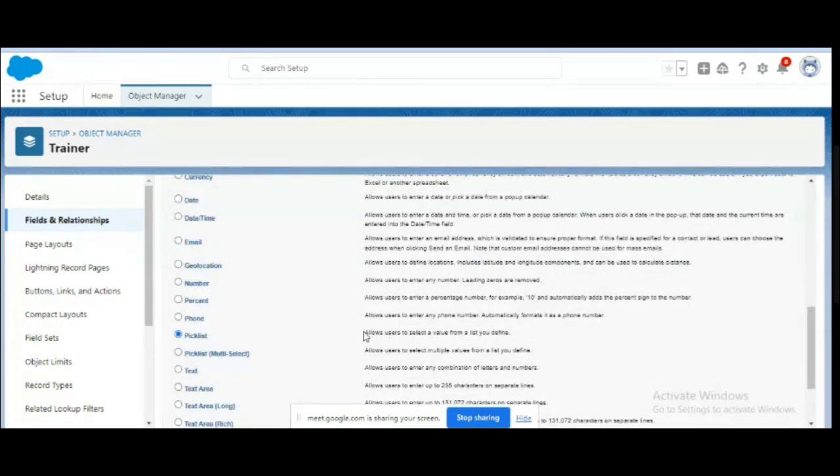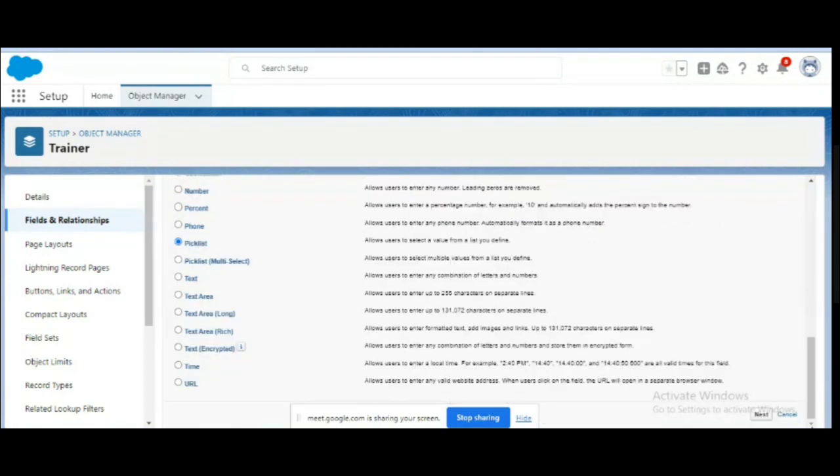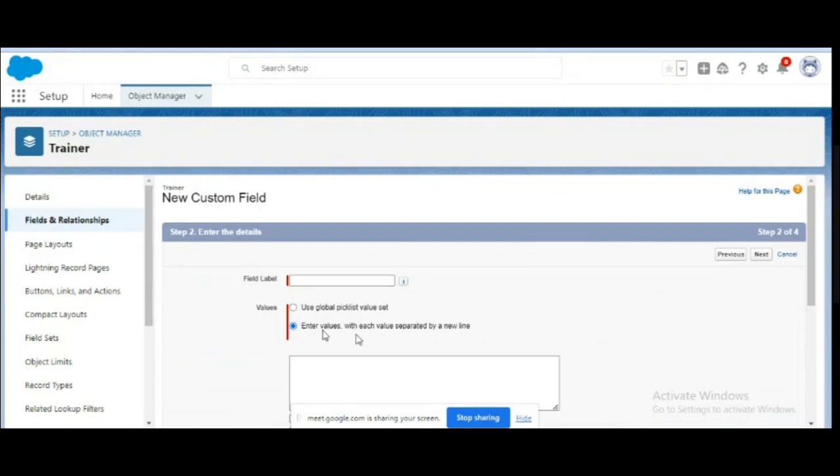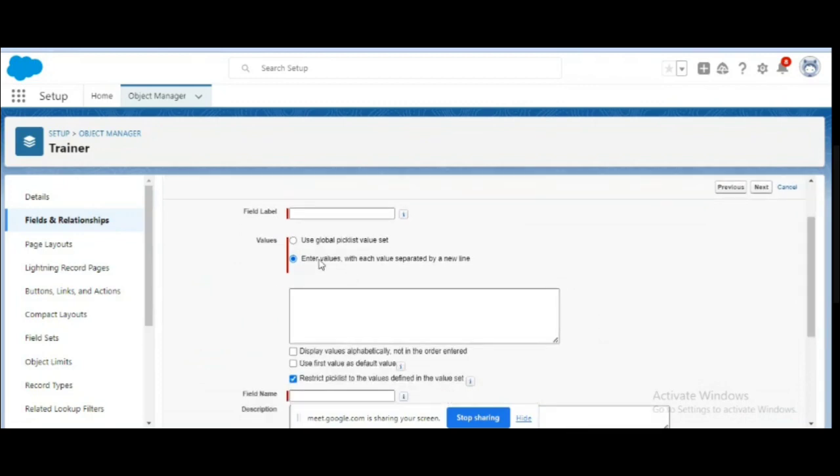A Pick List allows you to select from some values, right? For example, suppose I am creating a Pick List data type. Here it is written to enter values with each value separated by a new line, right? So if we select this and enter our values, suppose I am creating a field like weather, right? So weather could be hot, cold,